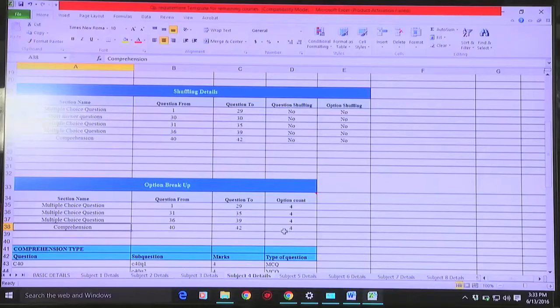No, it is up to you. If you want to give it as multiple choice, short answer question, it will be easy for the students to understand whether it is a multiple choice or multiple select question. If it is simply blank like section 1, section 2, there will be a multiple choice or short answer. It will be easy for the students if we are giving it as multiple choice, multiple select.